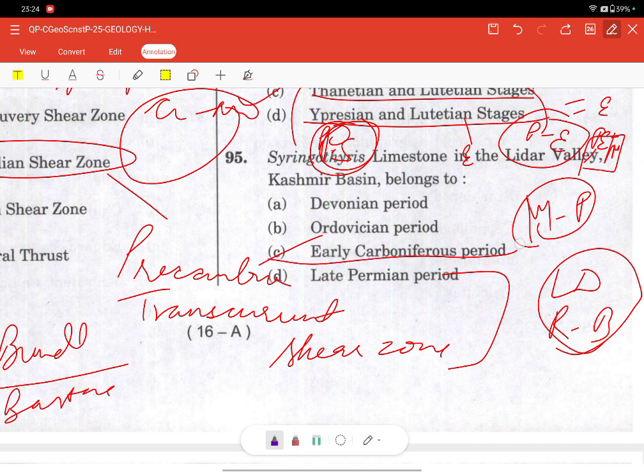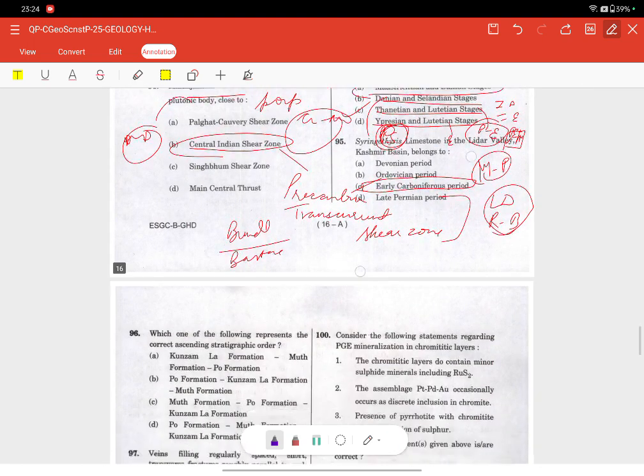I guess this kind of question we've already done in paleontology, somewhat related to it. The Devonian period includes other types of brachiopods, Atrypa and Stringocephalus. Ordovician is much older, and in the late Permian, Syringothyris became extinct much earlier. Permian fauna is dominated by a different brachiopod group. Any limestone named after Syringothyris is Carboniferous in age. Let me remind you of that.